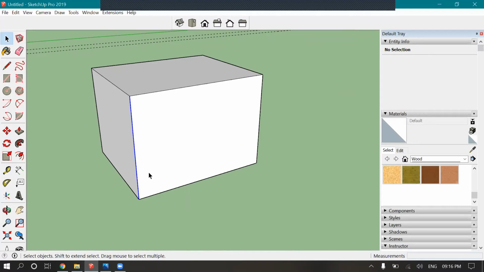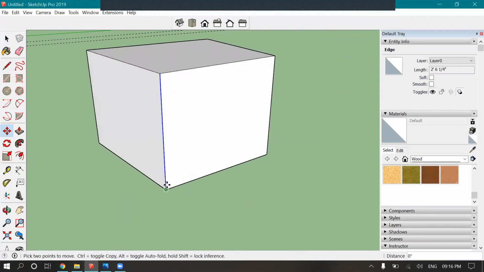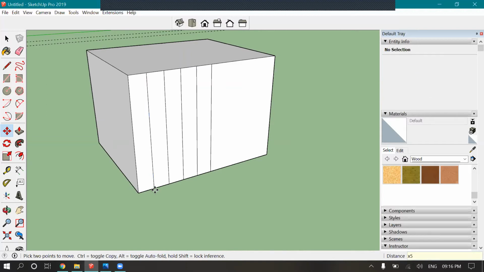So all I'll be doing is clicking on the line, copying it, and pasting it right here, and I want it 4 more times in the same manner with equal distances. After copying, we have to type X and the number of times we want it, like X 5, enter.